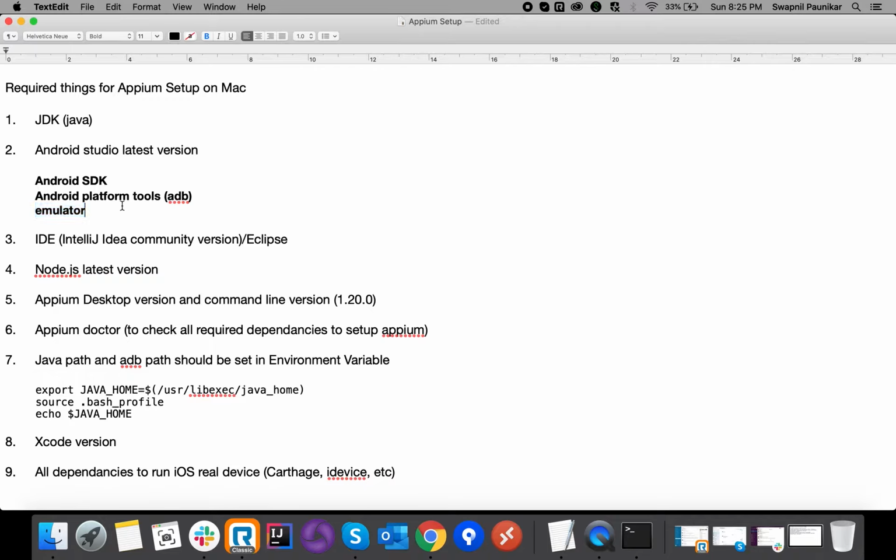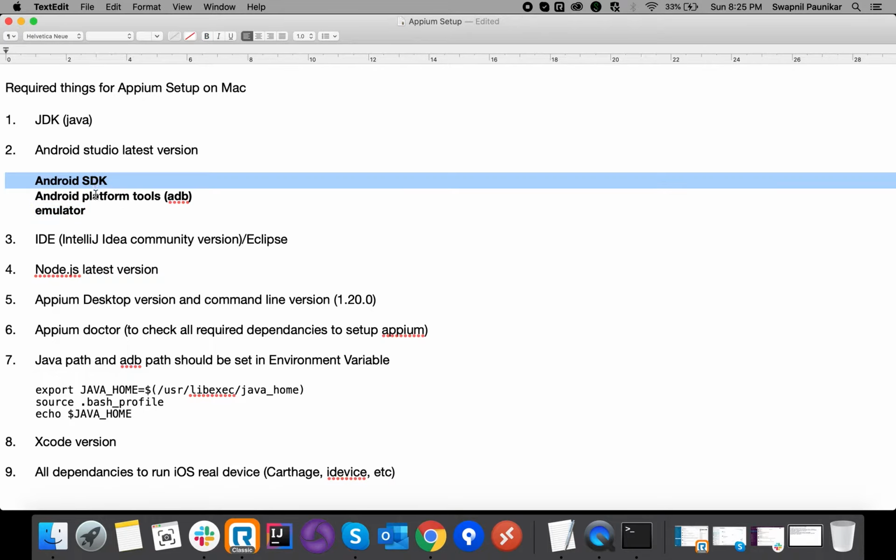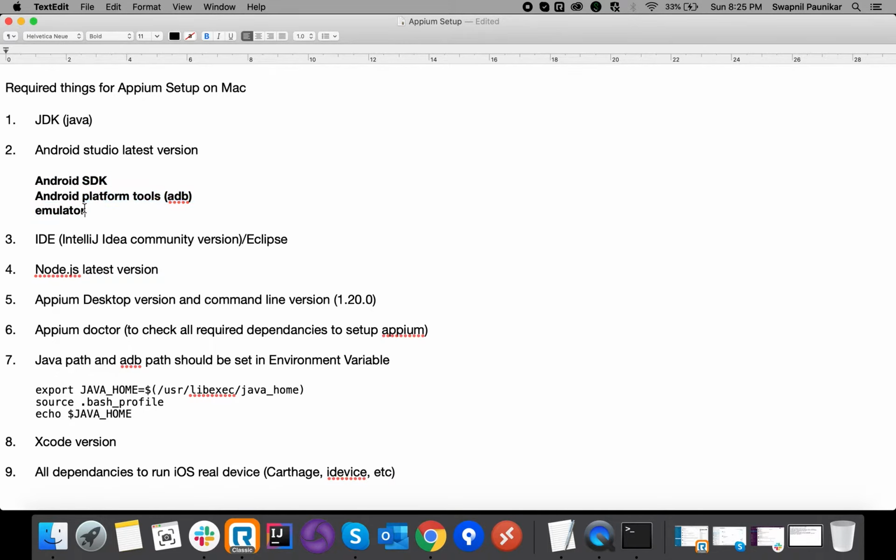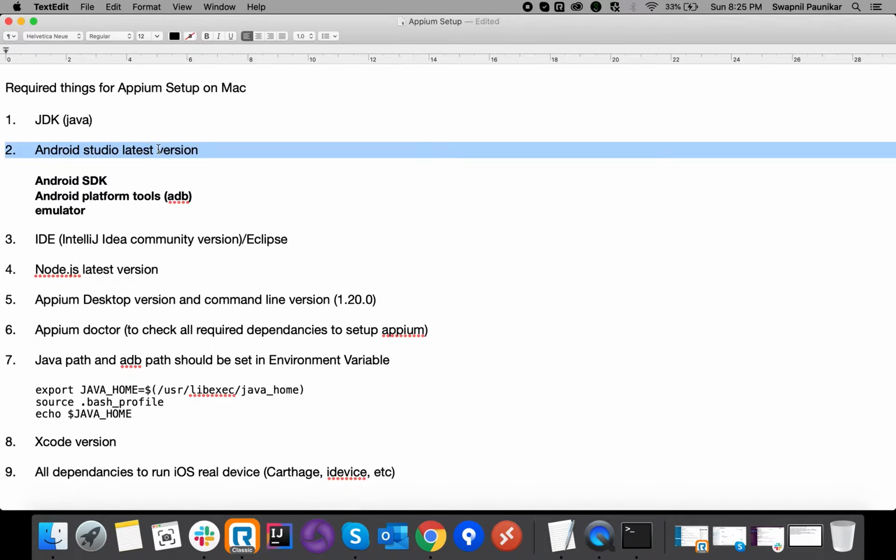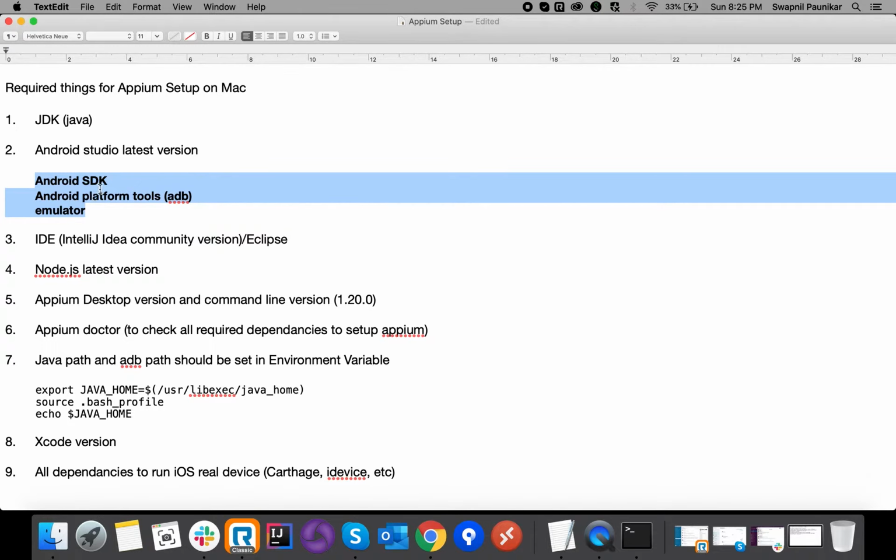So instead of downloading these things independently, we can download Android Studio. We can have the latest version as well, there is no issue with versioning, and it will install all these things. So it's better to install Android Studio instead of doing it separately.